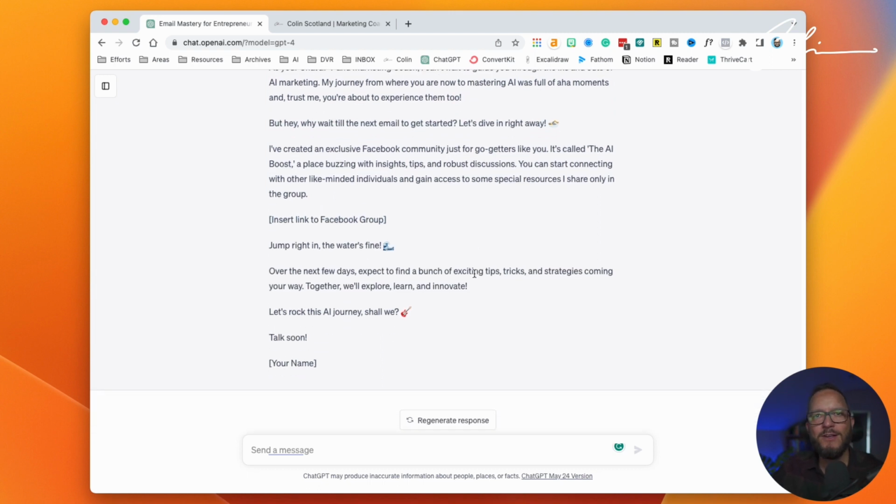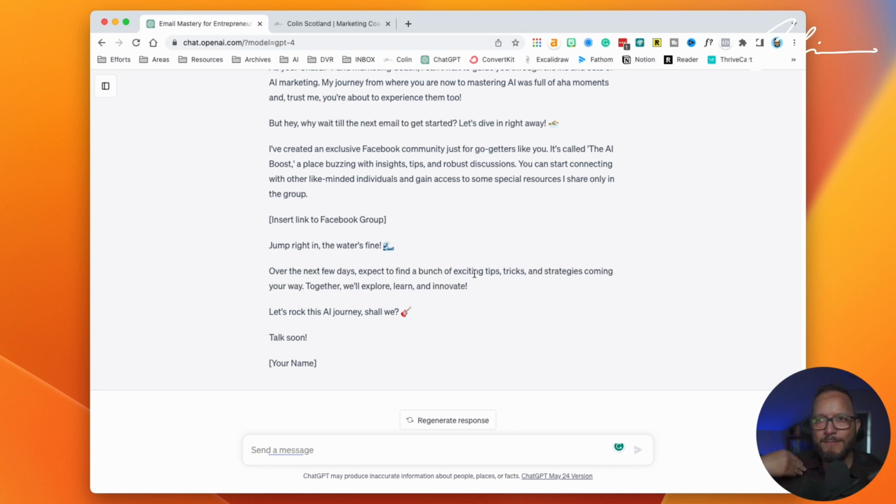But you can see how with manipulation, trial and error, iteration, and an understanding of what we need to give ChatGPT in order to get the best results, we have essentially done a lot of the legwork in just a few minutes. Writing an email sequence like this, if you were just to sit down and do it, you wouldn't know the structure. And if you did know the structure, you wouldn't necessarily know what words to say and how to structure it. So this will give you a great starting point that you can change to something that is amazing for you in a fraction of the time that it would have taken you ordinarily.